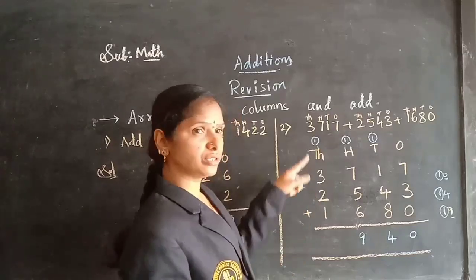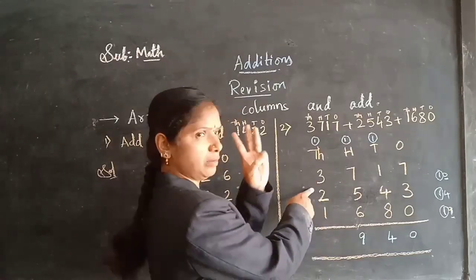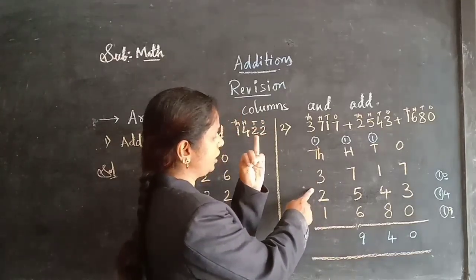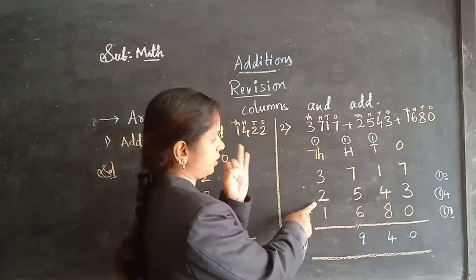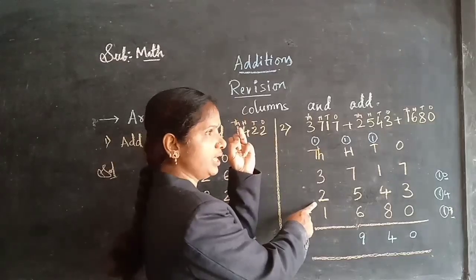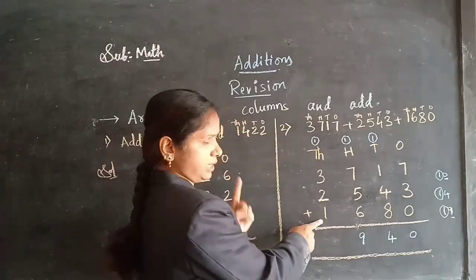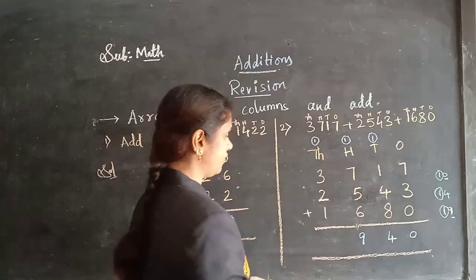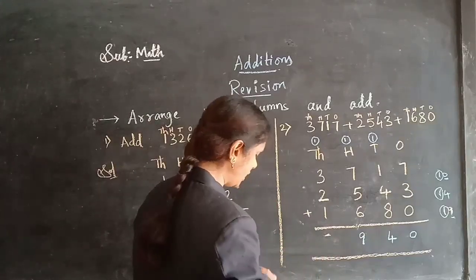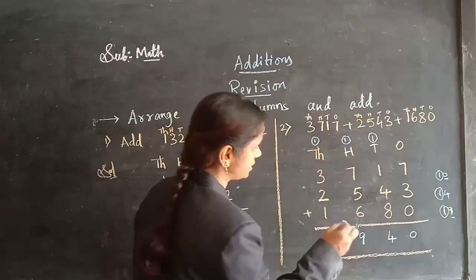Now 1 after 3. So 1 after 3 is 2, 3, 4. I am getting 4 here. 4 after, again 2, children. 4 after 2 means 5, 6. 6 after 1 means 7. So I am getting 7 as an answer. So the total answer will be